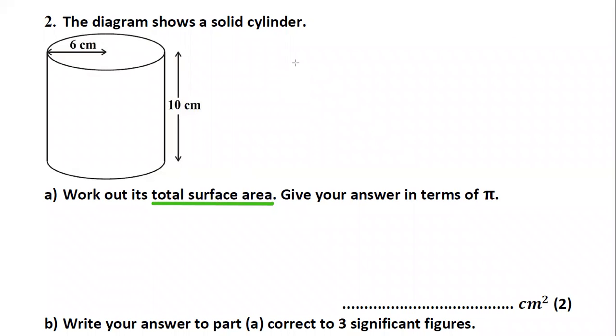In this case, we are not just going to work out the curved surface area. We are going to work out its total surface area, which means I'm going to include the top and bottom circular faces as well. So for total I'm going to use the abbreviation T, surface S, and area A. I'm going to write total surface area. It's going to be pi dh